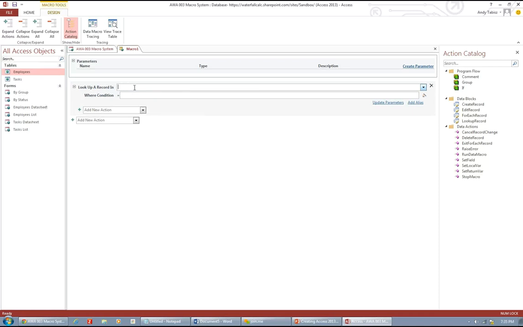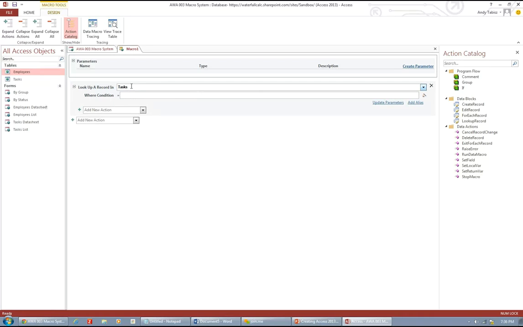This time I'm going to just start typing in lookup record in tasks. So we're going to look up record in the task table. Notice as I start typing, if I want to find something in employees, I can just start typing and it'll find the table we're working with. So we're going to look up a record in tasks, and in this case, all we want to do is find out, are there any tasks that are due in the next 7 days, or we'll say before 7 days from now, so that it captures anything